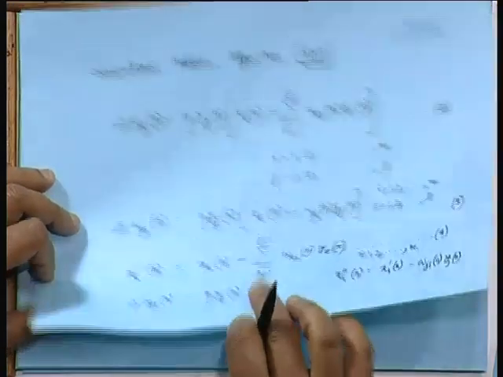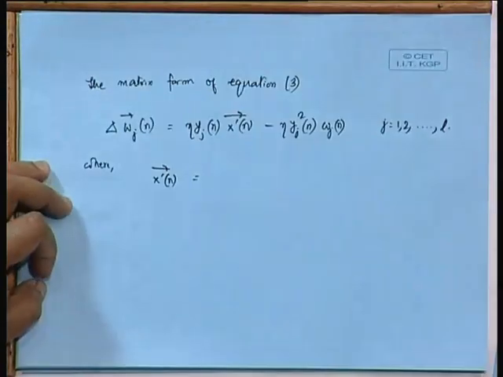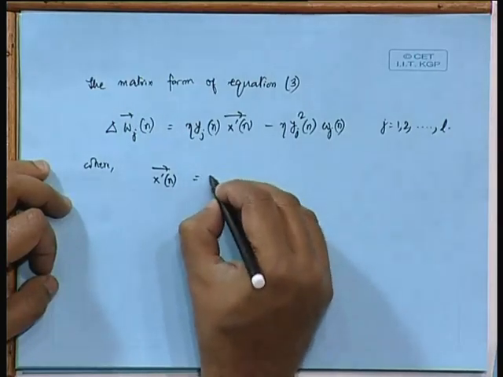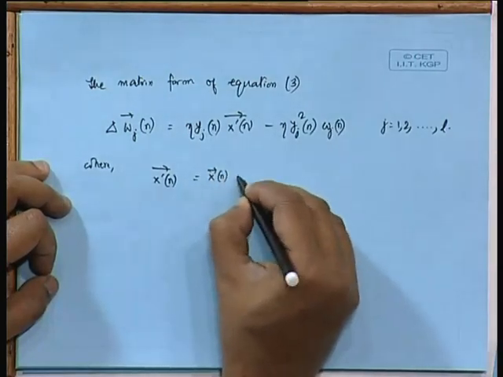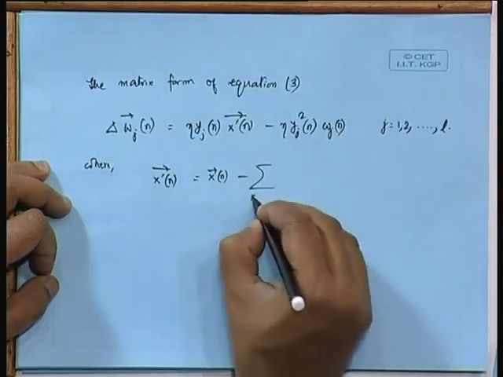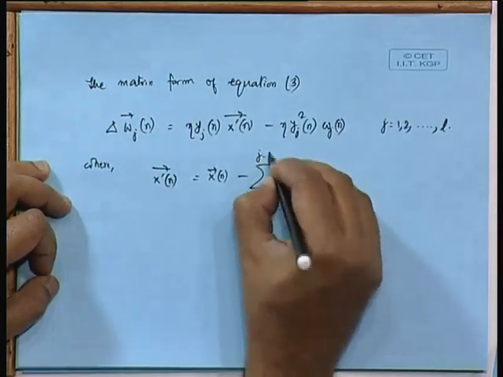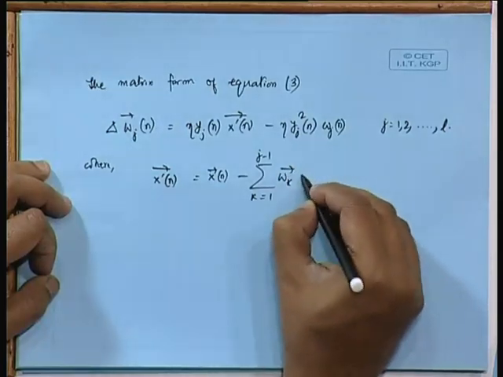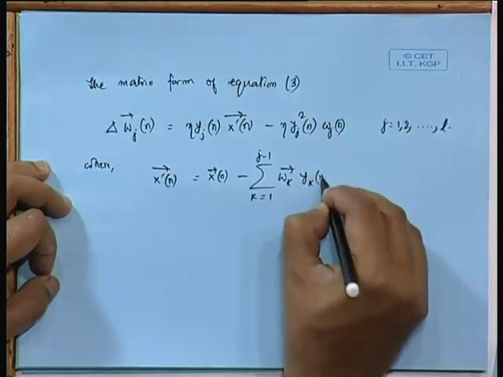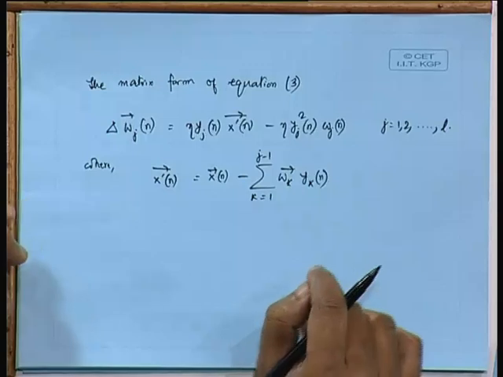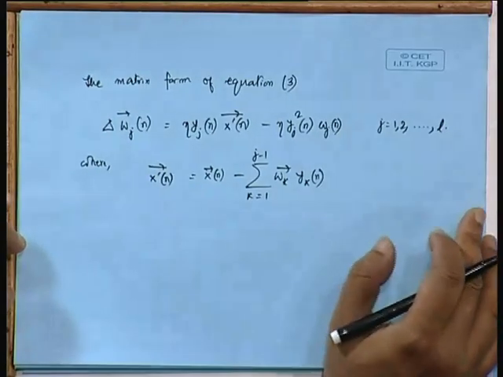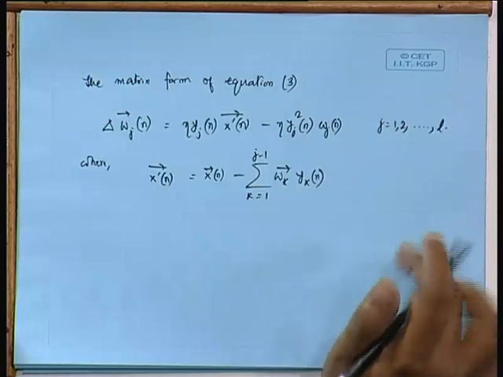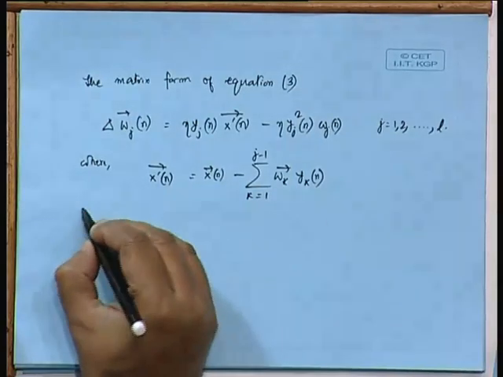So, we can write this equation number 4 in the matrix form as xi prime n vector equal to x vector minus summation k equal to 1 to j minus 1 wk vector ykn. So, this is the matrix form of this equation,